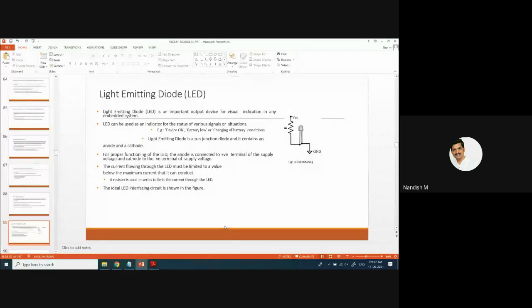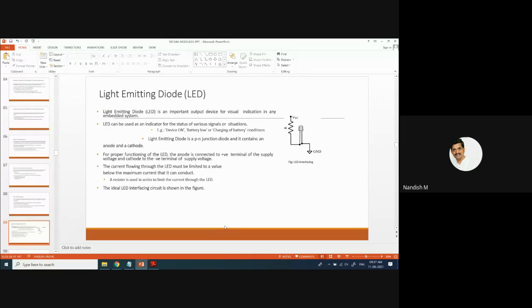It shows that the device is on, or that the battery is low, or the charging condition during charging of devices. These are the indicators for which we use LEDs.